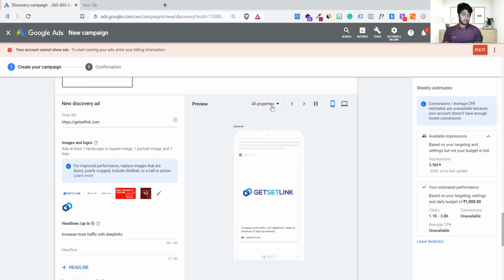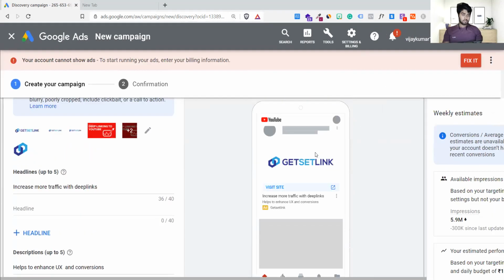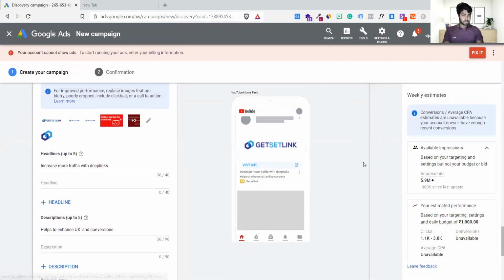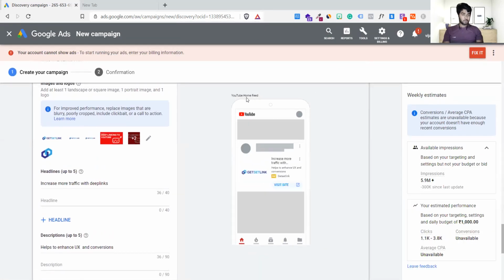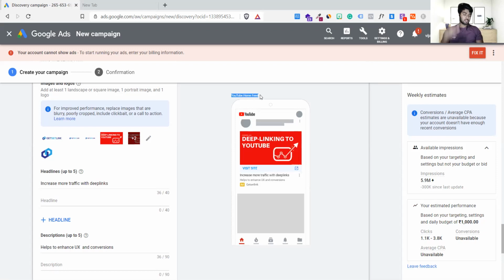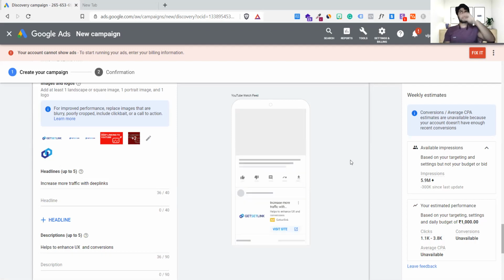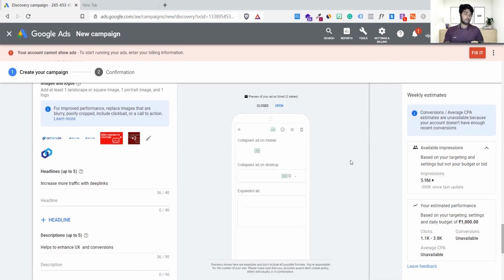Now this is the discovery ad. You can see this little option here. Let me increase it so you can see it better. This is what we call the YouTube home feed. Guys, you should remember all these areas where you can show ads in Google Ads. These are the places it can show. When you open YouTube, there should be an ad in front on the spot, before watching any video. If you are watching a video and there is no ad, fine, but there should be one down below so people can take a look at what you are actually selling.